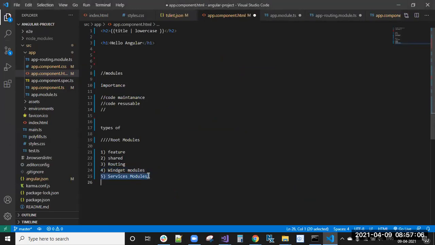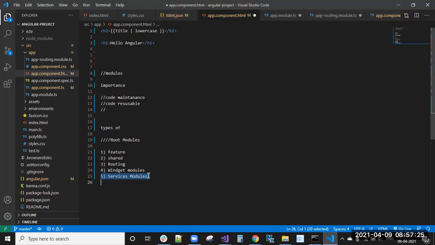Service module, okay, services module. Suppose we have a larger application, a big application, inside that we have a number of services, like 20, 30 services. If it is 4 or 5 services, directly we can import them in the app module, and give their names in the providers.